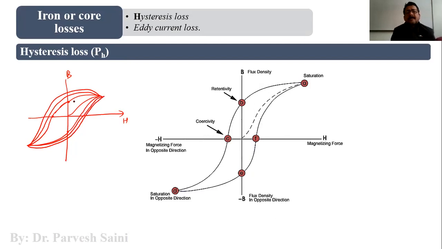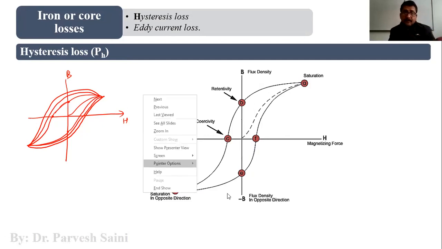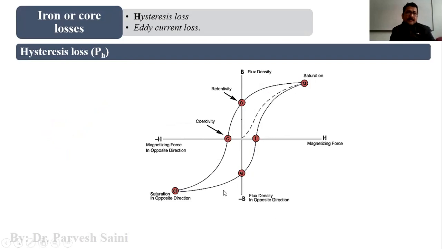Now these are the hysteresis loops, which are because of the bidirectional nature of the flux. Now, in this example, we have taken the DC source, DC current, and we have understood it by reversing the direction of the battery and hence by reversing the direction of current. However, in case of the alternating signal or alternating current, we don't have to reverse the direction. It will be naturally reversed,